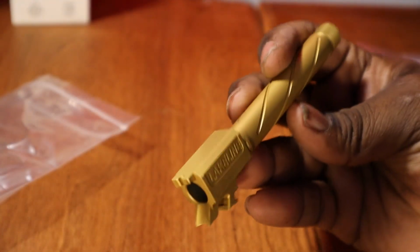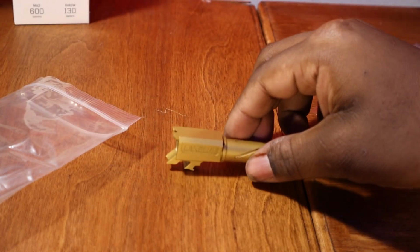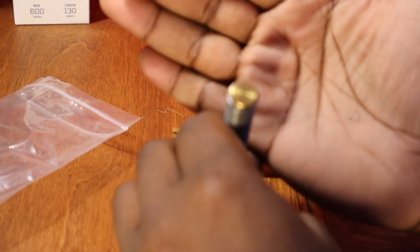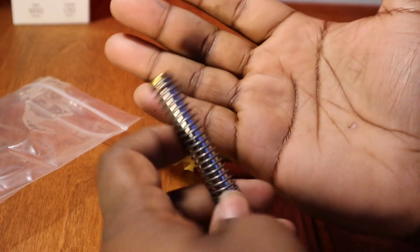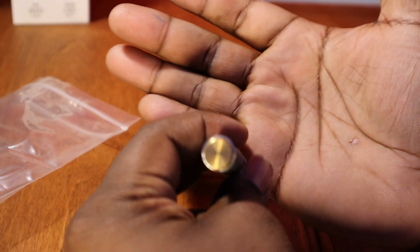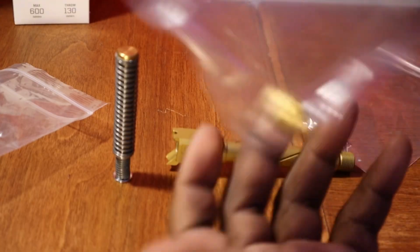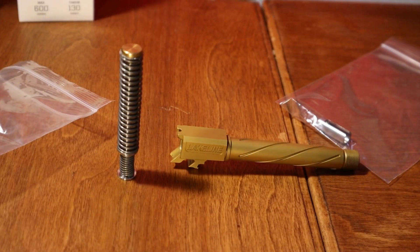And this is Princess Peach, so this looks like the go-to they be going with. That's why I really had to get this, to go along with the theme. This is the recoil spring. Boom. Got gold on the tip to match that. Yeah, you already know. The thread protector goes on the end of the threaded barrel,